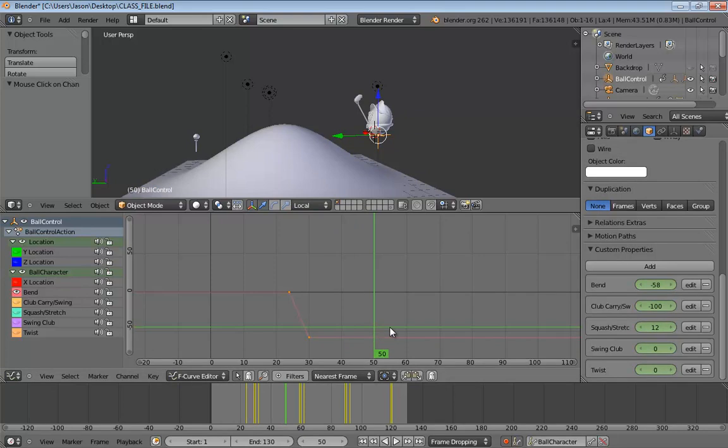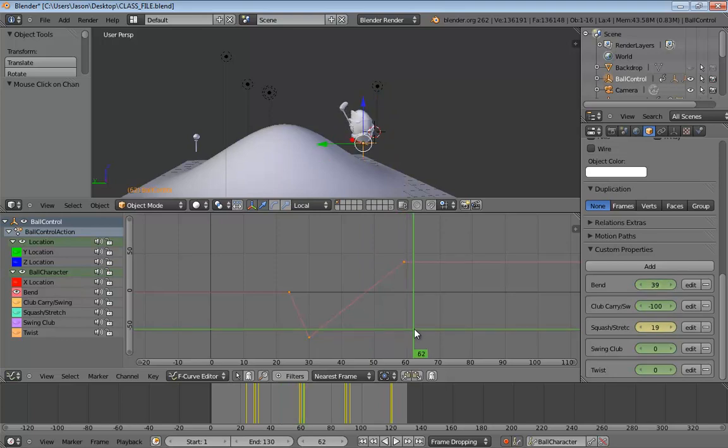And then we'll come up here to right when he lands, at frame 60. But then I'm actually going to go one frame back. So right before he makes impact, he's going to be looking down. So we'll put it right at frame 59, and we'll take our bend and rotate it forward. Now it's a linear relationship, but we can scrub through it nice and slowly and see what this does. He's back, and then he starts to look down. And now he's ready to go into his next jump.